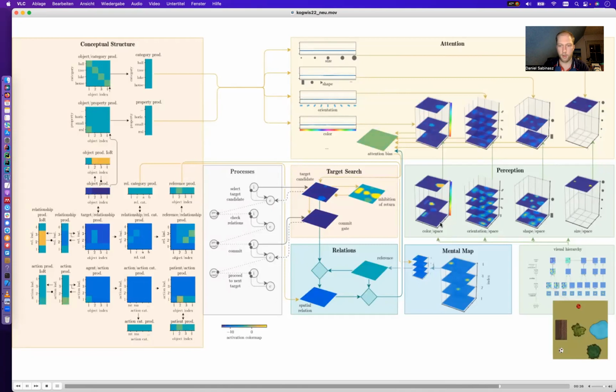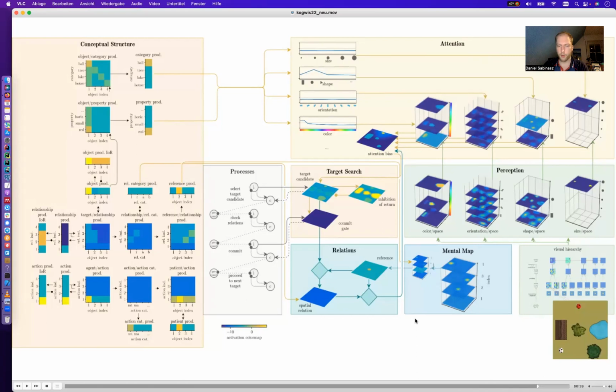And if you want to pause, you can maybe try to make sense of what the various components of the architecture are. We have the perceptual scene representation, we have a visual search mechanism, we have feature fields that provide input to the visual search mechanism, and we have these concept production nodes that project to these feature fields in order to trigger the search for objects characterized by certain concepts. We have a relational machinery that allows us to search for objects which stand in a certain relationship to a certain reference object. And we have a mental map that allows us to keep the locations of objects that we have previously found